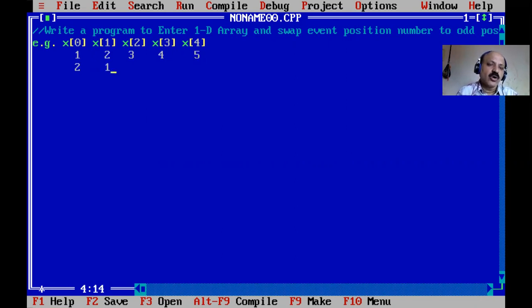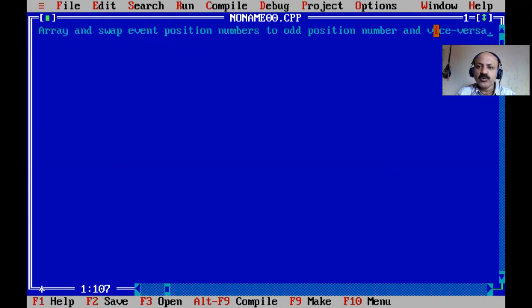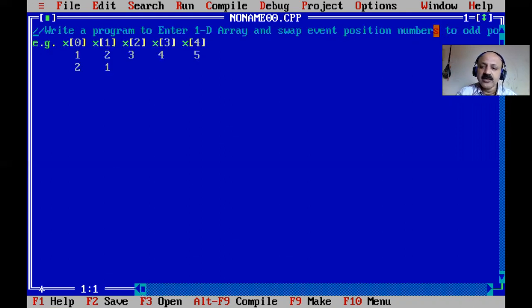Why? Because of even and odd. Here the first position, not the index, we have to consider. In an array the index always starts from 0, but here we take the even and odd positions. So that is an odd position and that is an even position, and we exchange these two elements. The index is not exchanged but the element is swapped. That is the meaning of this definition: swap even position numbers and odd position numbers, and vice versa. So odd to even and even to odd, that is the meaning of vice